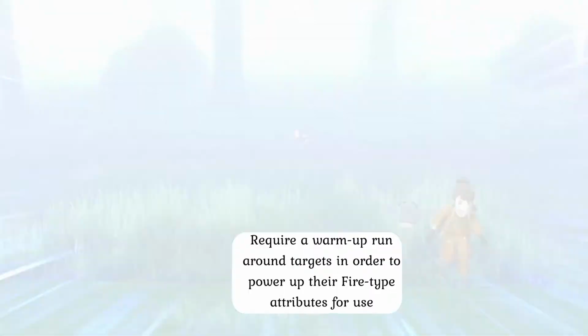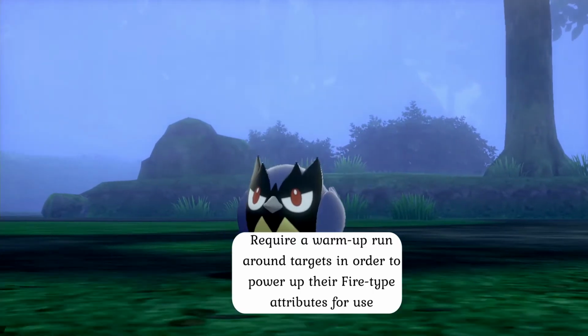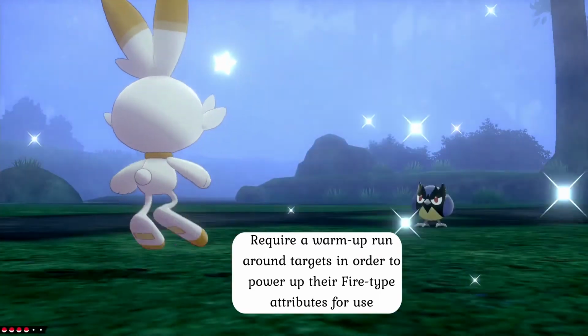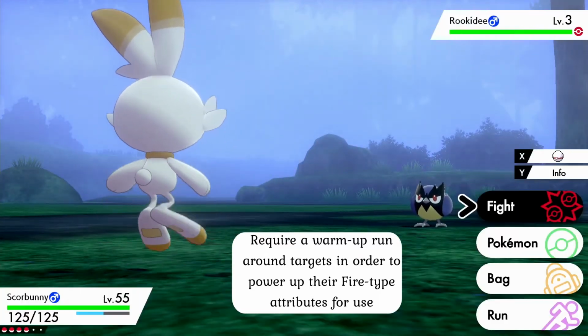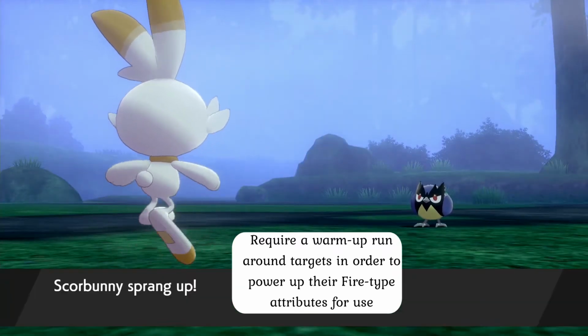Since their fire-type powers are directly connected to their motion, Scorbunny often have trouble using their attacks right at the start of a confrontation, as they need time to power up their forms. As such, they usually start by doing a warm-up run around their opponent, using their agility to dodge their opponent's attacks the best they can before they are fully charged up and the fiery energy that fuels them is coursing